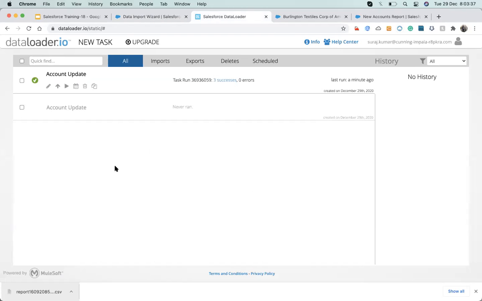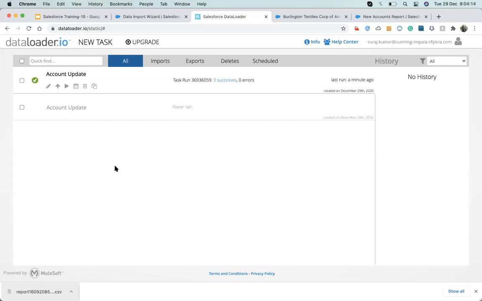But data loader is only to connect a CSV file with Salesforce. It only has the capability to upload a CSV file to Salesforce, but MuleSoft is more powerful. It can connect Salesforce to Salesforce, it can connect to any third party domains, and your legacy system to Salesforce. There are so many capabilities under MuleSoft.